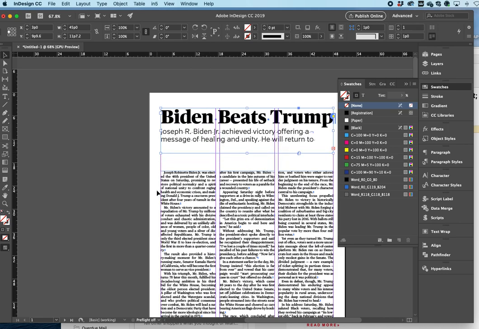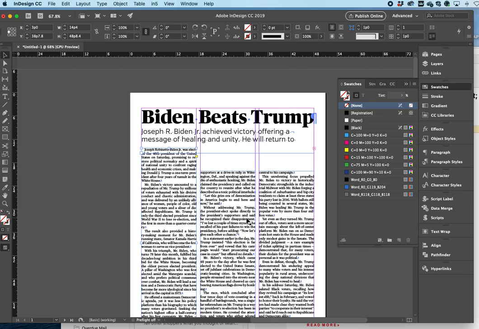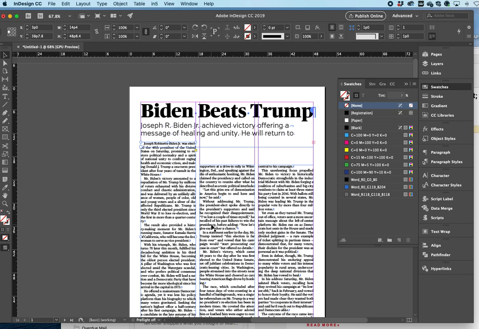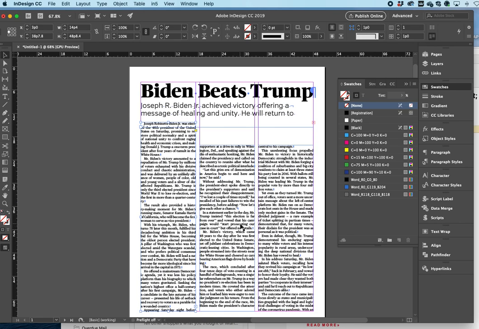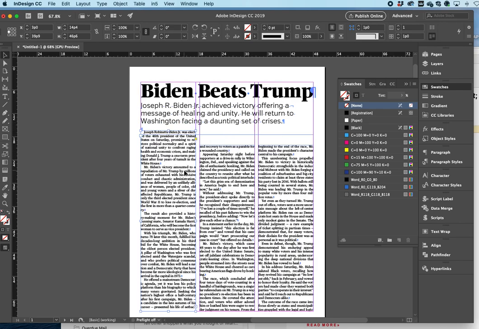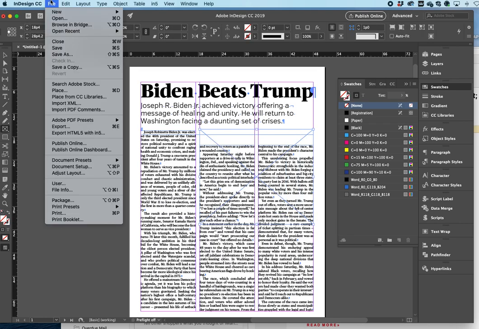So this is a fairly gray page. Let's move this a little bit closer to the headline. And almost always on a page, you wouldn't just see this much text on a page. You would see some manner of, I lost a little bit of my deck. Let's just bring that back. Move that a little bit further away again. You would see a little bit of a picture. And so I am going to bring in a picture. And you could do this the same way, either Command D or just go place.